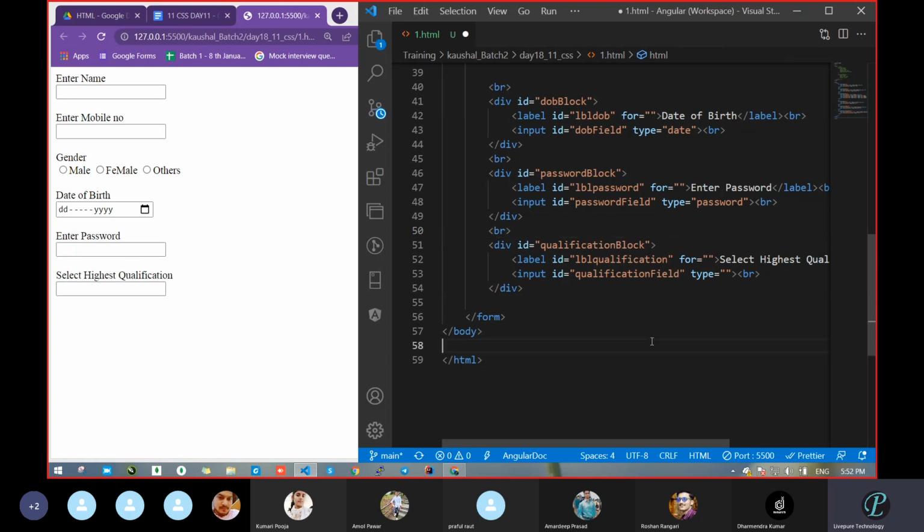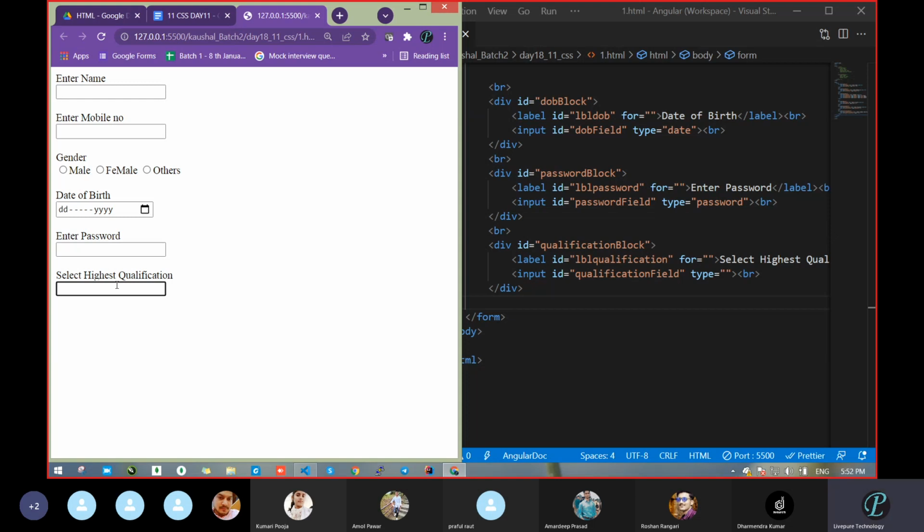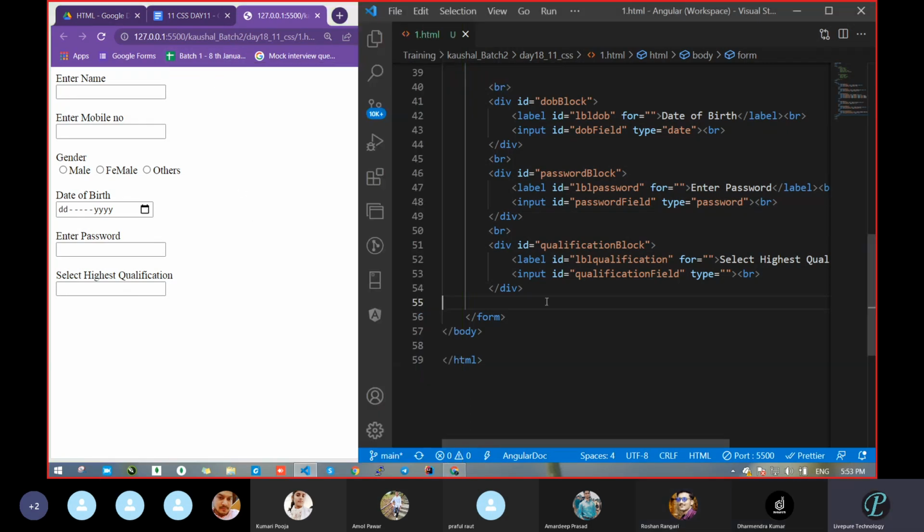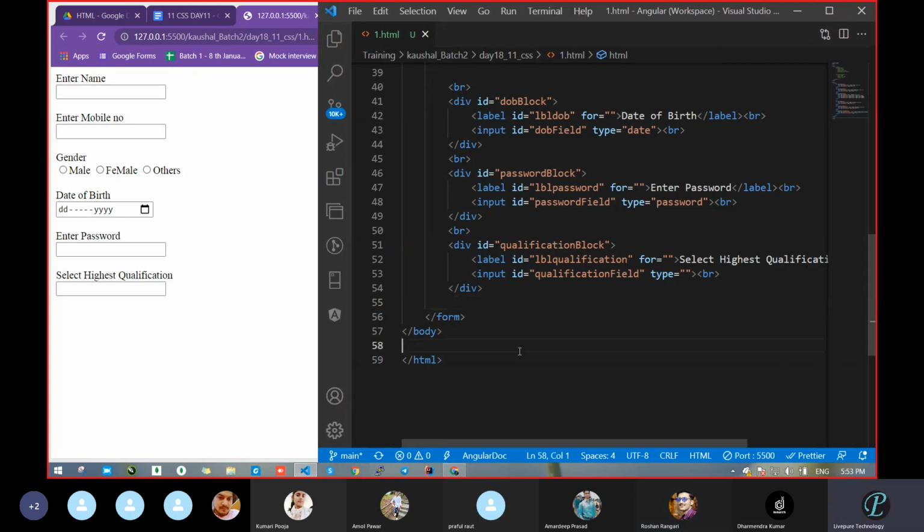What I had written is select highest qualification. Highest qualification means what? How will you pass it? Can we pass it like this, UG or PG? Yes or no? No, sir. Then what are you thinking? You can pass drag and drop, drop down, or checkbox also. So do one thing. We can take a drop down or checkbox. Wait.